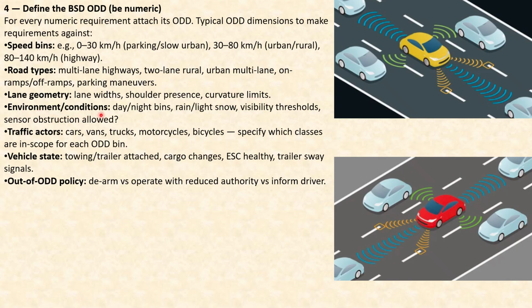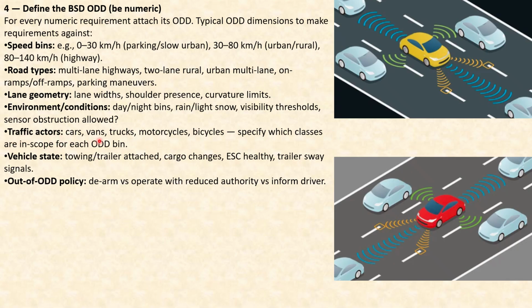And environment conditions include day-night bins. And again, we'll discuss this in a more elaborate manner: at what lux you can call it a day, and at what brightness level you can call it a night. All these things we'll discuss. Next is rain, light, snow, visibility thresholds, sensor obstruction allowed. So these are all the various conditions that must be clearly defined and considered before we set out on this requirement